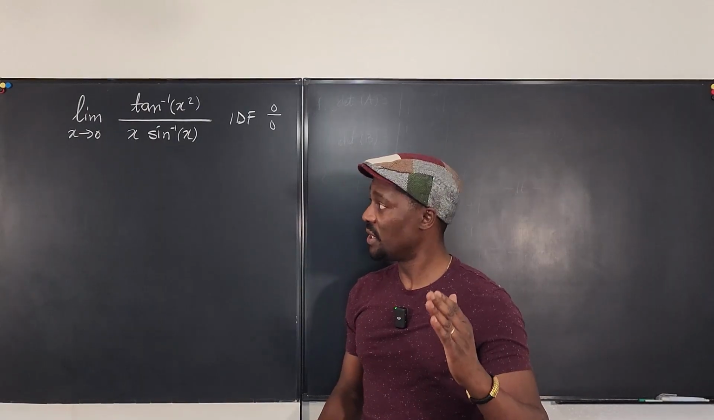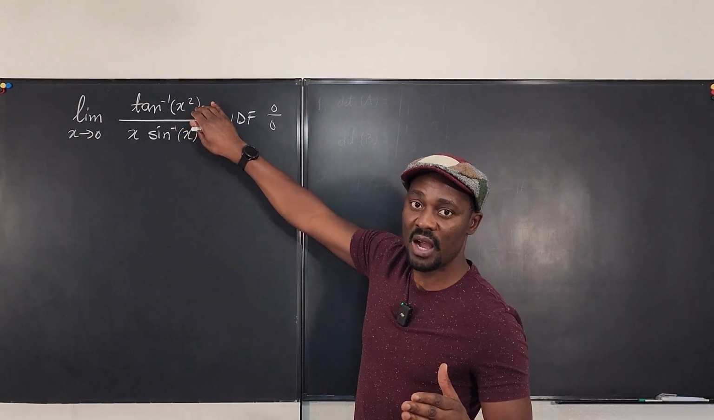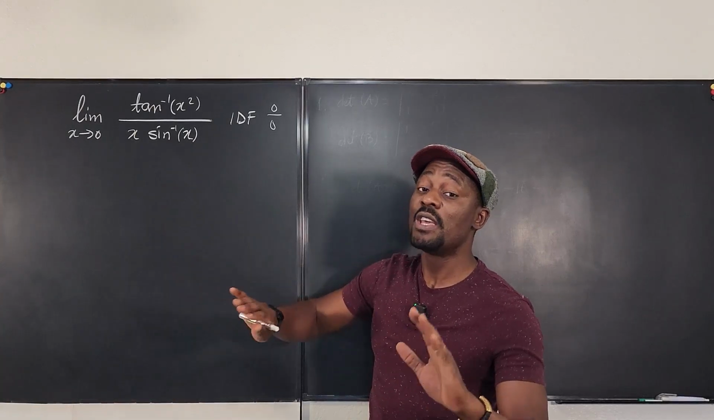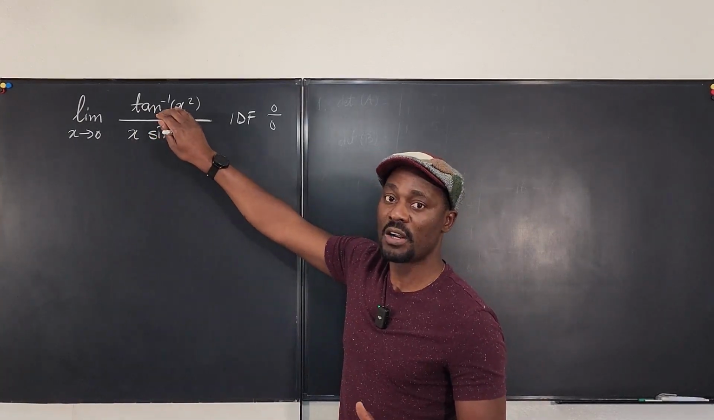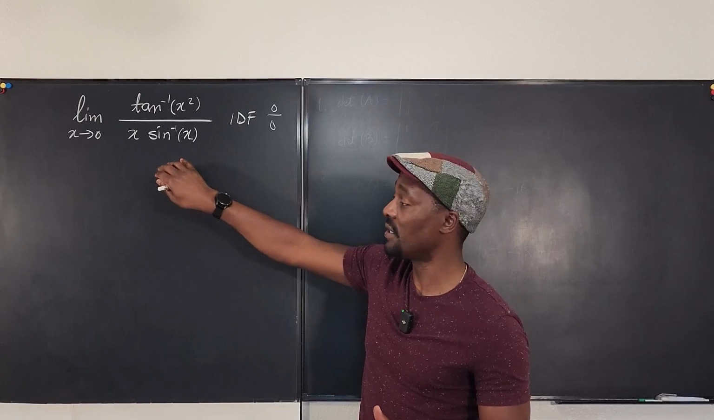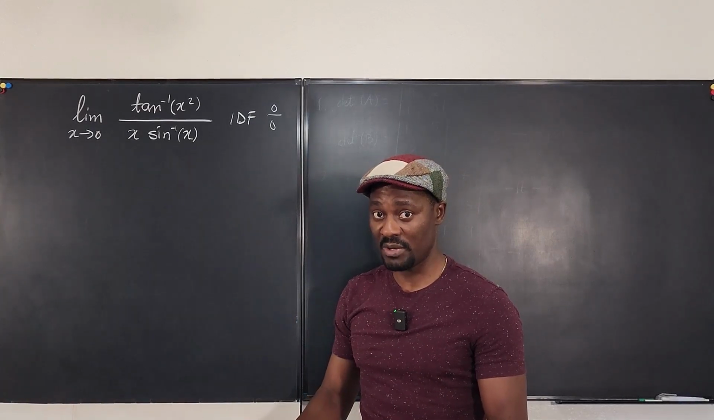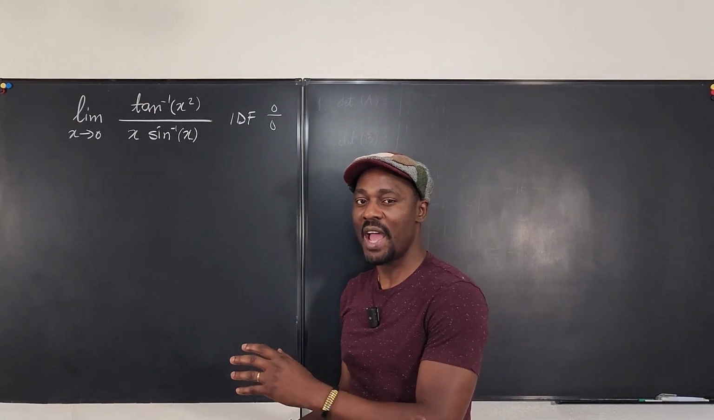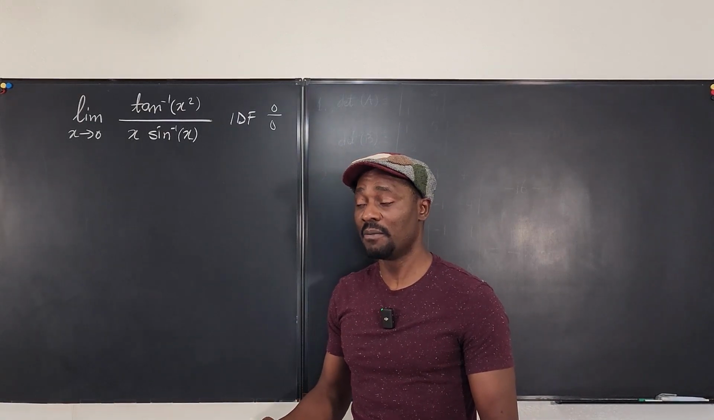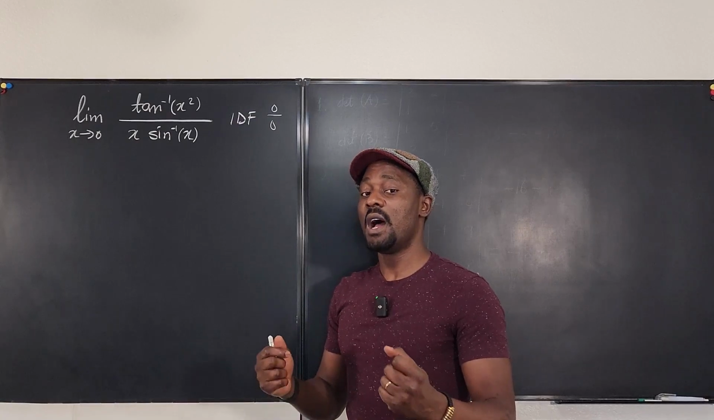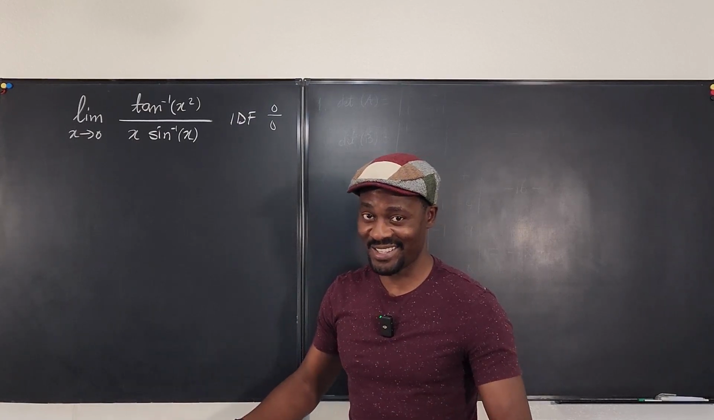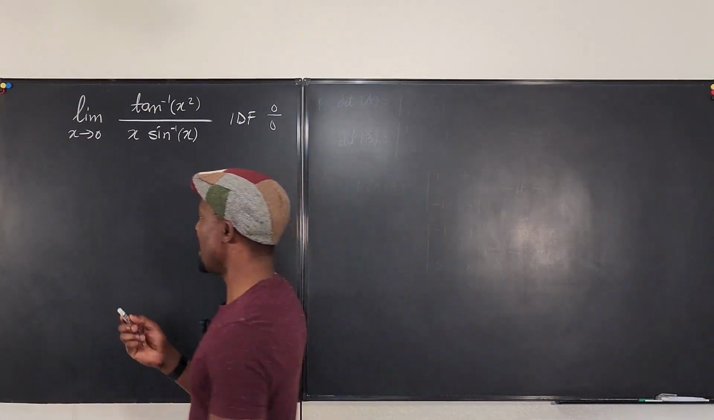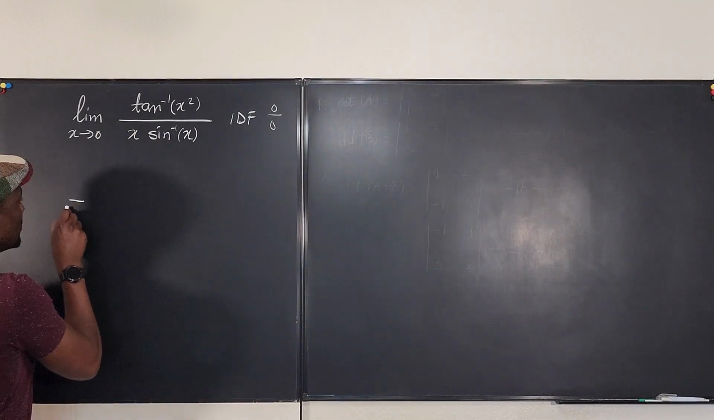Applying L'Hopital's rule simply says differentiate the top and differentiate the bottom. Now, if you don't know how to differentiate arctan or arcsine, that's going to be a problem. So you better know. I did that in other videos, so I'm just going to go ahead and write what the derivatives are because you're supposed to have practiced this. Okay, so let's just go and say that by L'Hopital's rule,